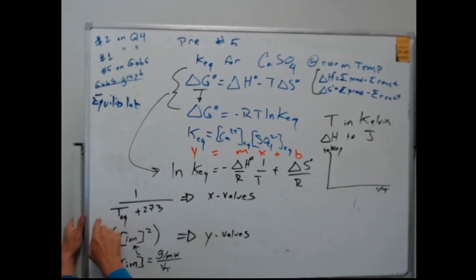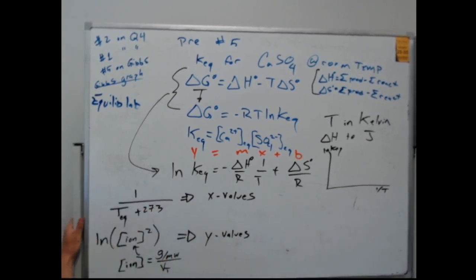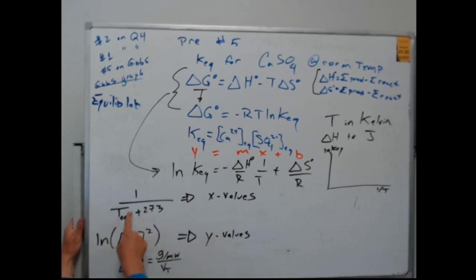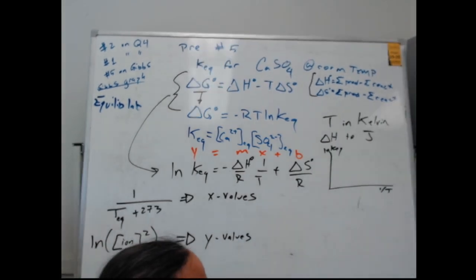Ultimately, our x values are just the equilibrium temperature plus 273, inverse, and this is that. And then this is the part that we were just asking about, that made me think, oh, I definitely should record this: how do we get our KSP value? Why is it just the grams over molecular weight over volume total, squared, natural log? Right, and we can talk about that